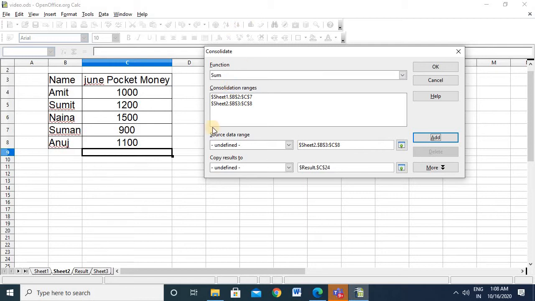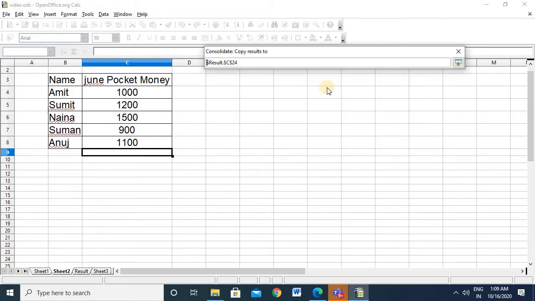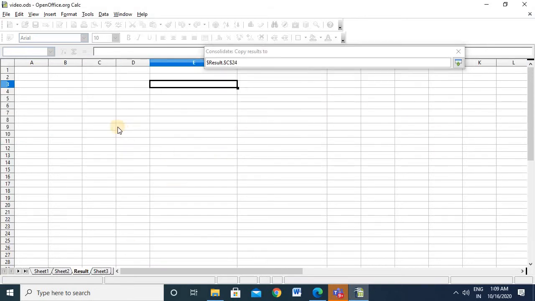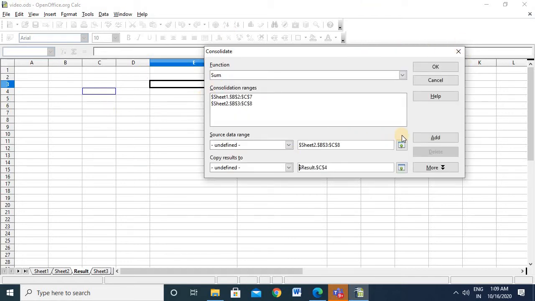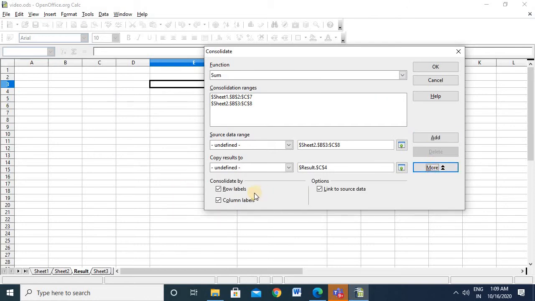Now where do you want the result? That you have to select here, copy result to. So I'll go to the result sheet and select a cell, say C3 or C4. I'll click here and then more. So you can see the row labels and the column labels.